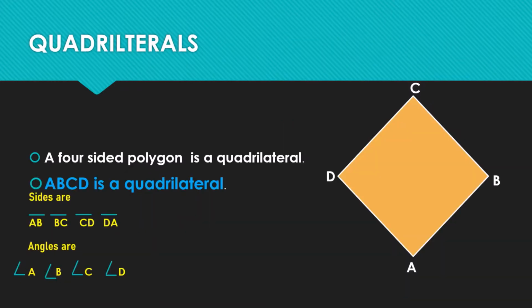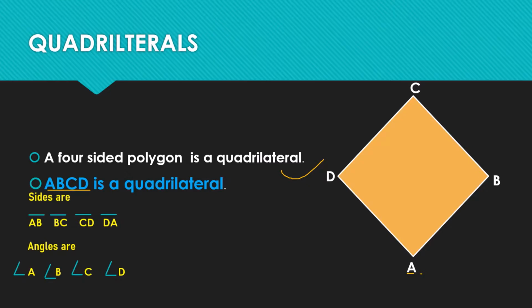Our next topic is quadrilateral. So simply a quadrilateral is a four-sided polygon. From the figure we can find out ABCD is a quadrilateral, and we always name it in cyclic manner like A, B, C, D. We will not name it A, D, C, B. No, we will always write a quadrilateral in cyclic manner. A, B, C, D is a quadrilateral.